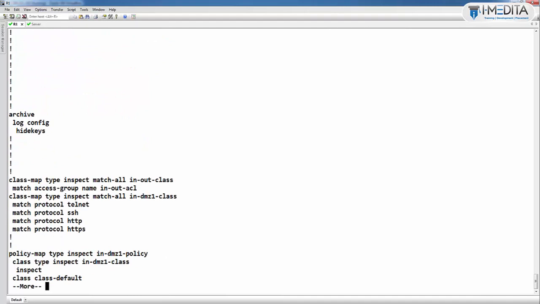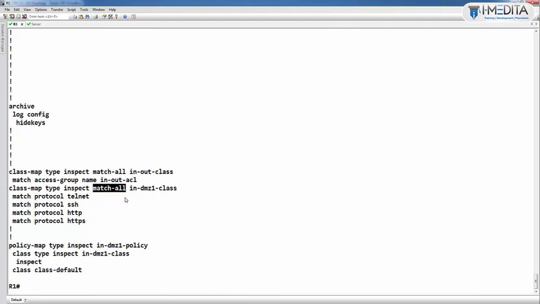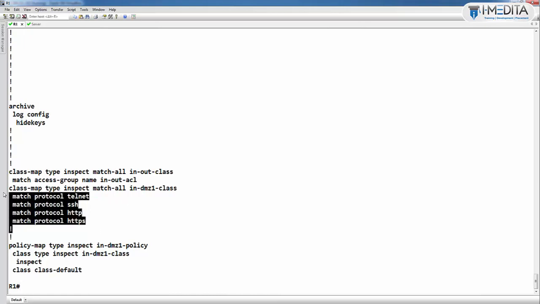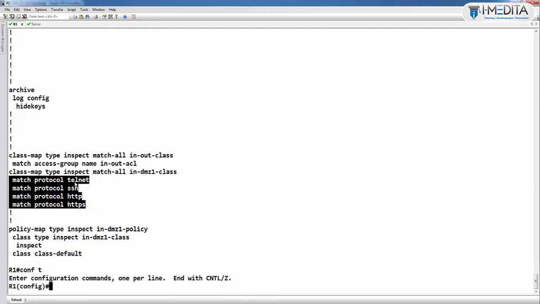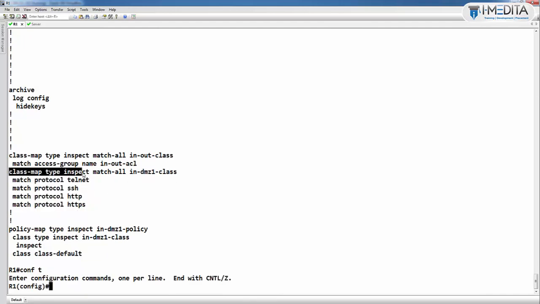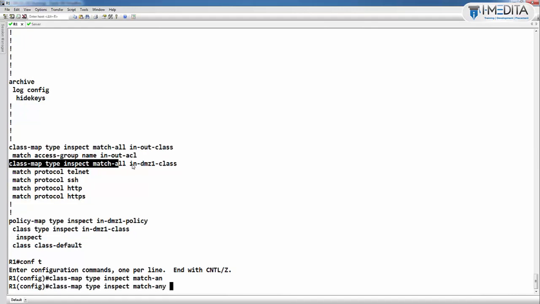Because when we create class map, yes, we have created class map into DMZ1. Here you can see by default condition is match all. Match all means when all conditions will match, but it will never happen that all conditions will match. So what we have to do, instead of match all we have to use keyword match any for class map,